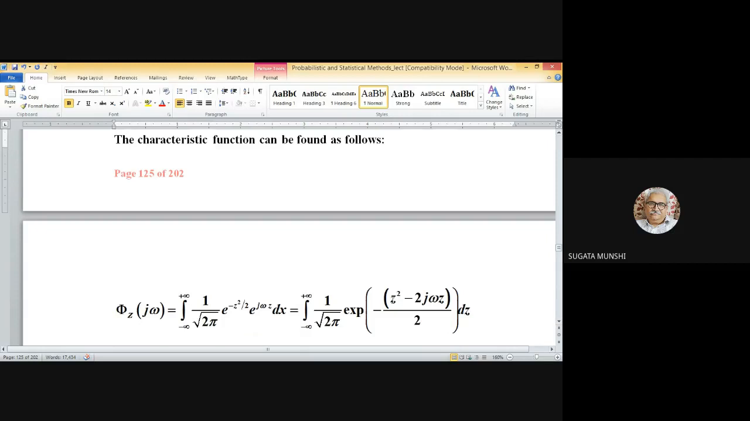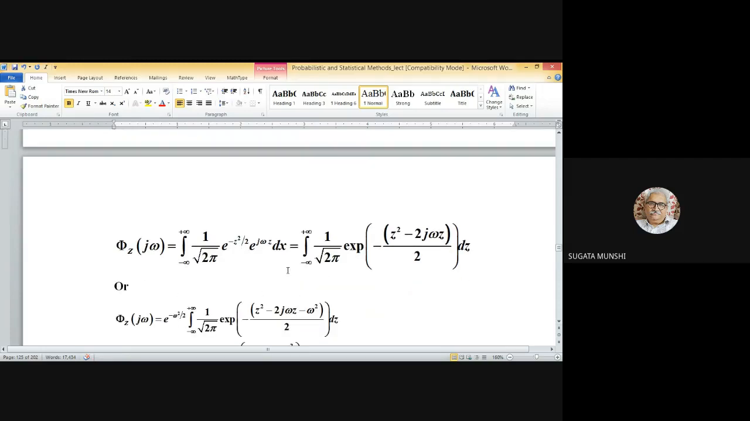So the characteristic function, we label it as phi z with argument j omega. This is f z times e to the power j omega z. That product is to be integrated over minus infinity to plus infinity. If you club these exponential functions together, you will get